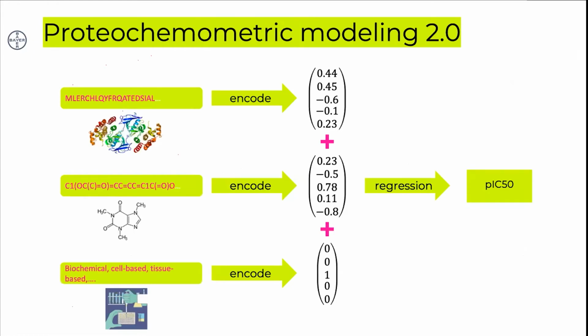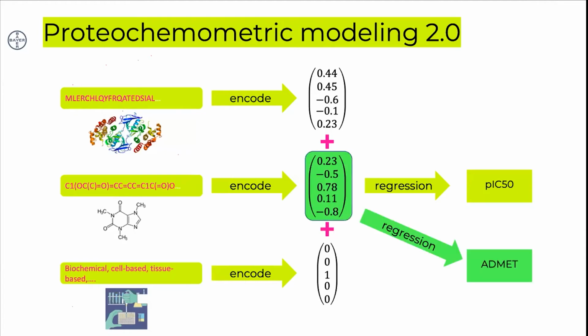Okay, but when you now want to apply this kind of model on a large scale data set coming from ChEMBL in order to use it for repurposing projects, then you will realize that you cannot compare across these different pIC50 values because there's a third component involved, and that is the assay in which the pIC50 was measured. This can be a biochemical assay or a cell-based assay, or some kind of tissue-based assay. So we took this large data set, included this information encoded, and then performed the regression task.